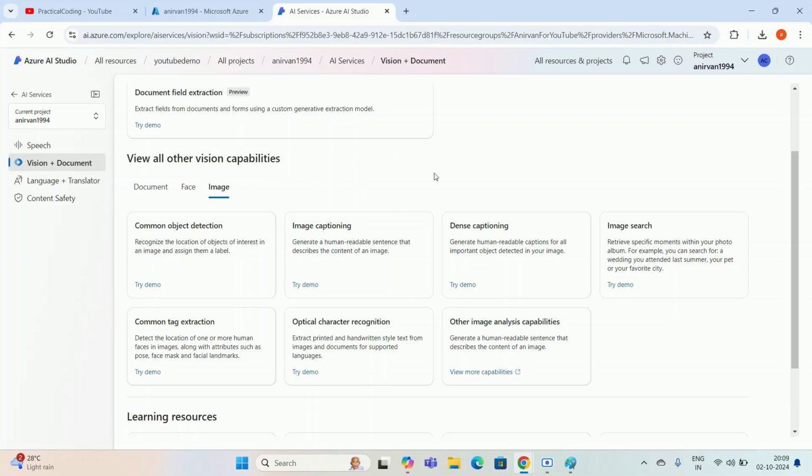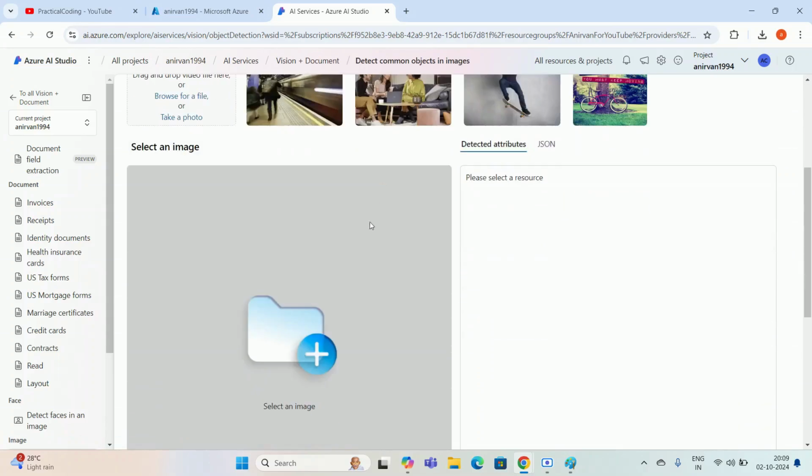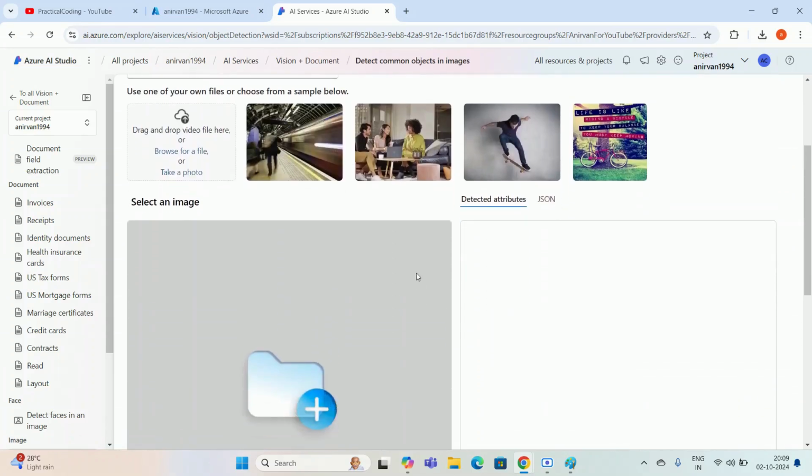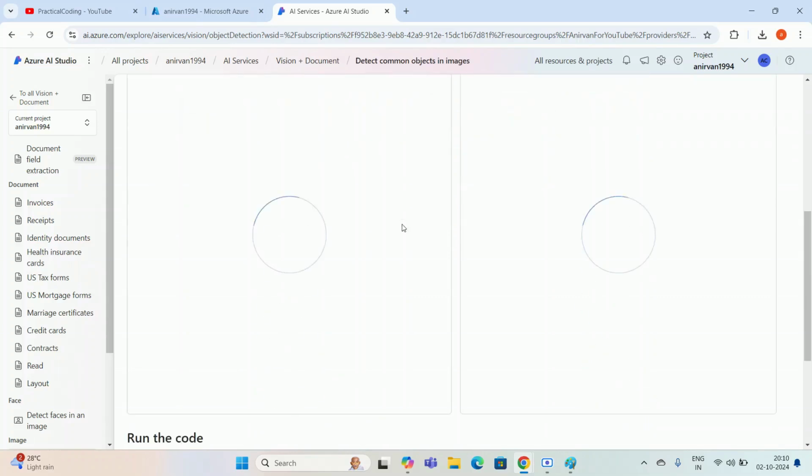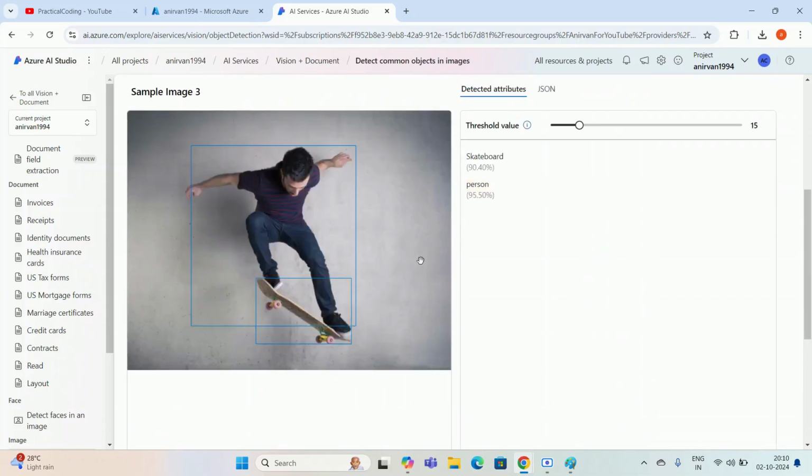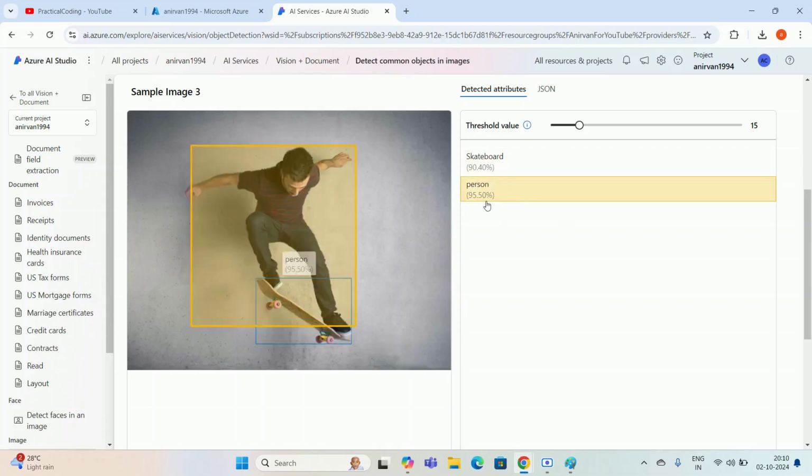Okay, so let me open this and try a demo. There is an option given, like try demo. If you click this try demo option, it will open this. Okay, so basically our interface also looks like this. Basically I have to integrate it through code base. So I'll simply select this, and it will detect the object. You can see they have deployed it and it is running, and they already gave the answers, like skateboard. So this is skateboard. This model has 90% confidence, and for the person this model has 95.5% confidence.